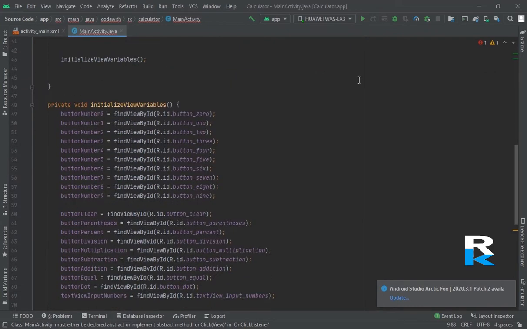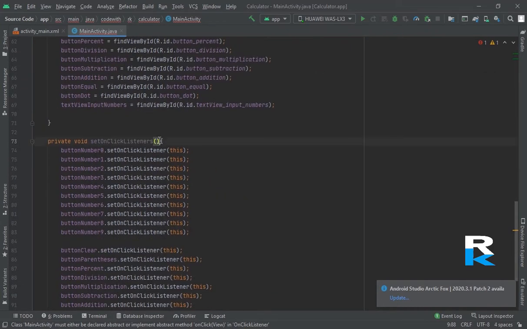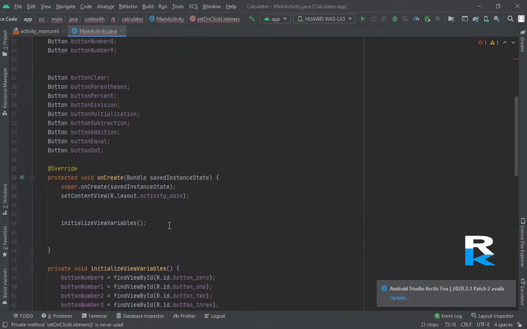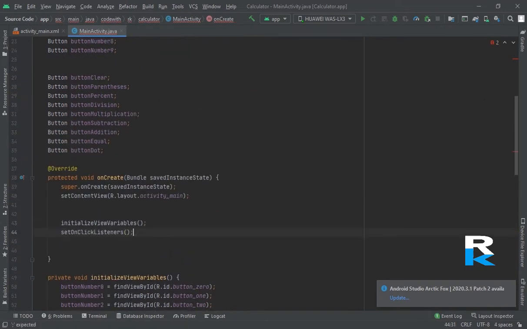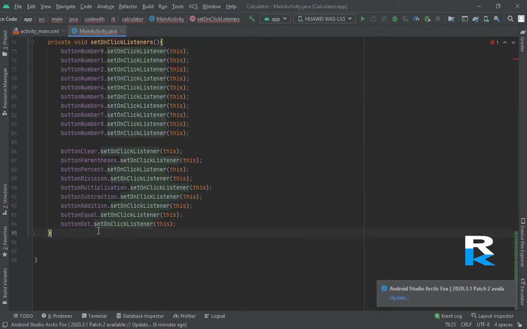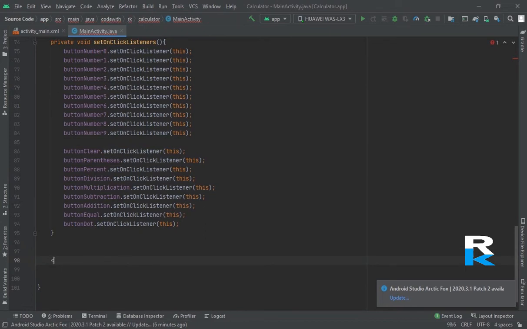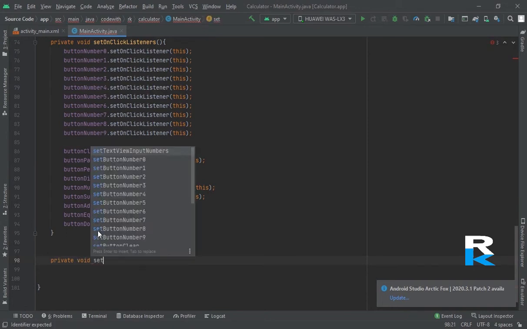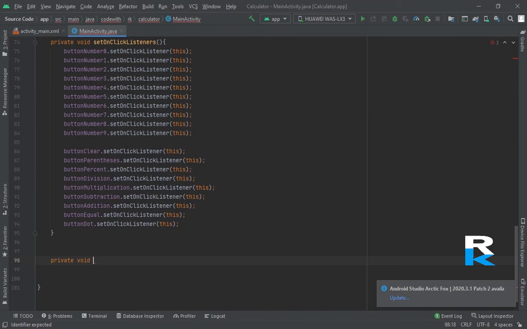Now let's call this in the onCreate method. Fine. Now this is also called. The next method we are going to create is a private void onTouchListener, and the method has been created.